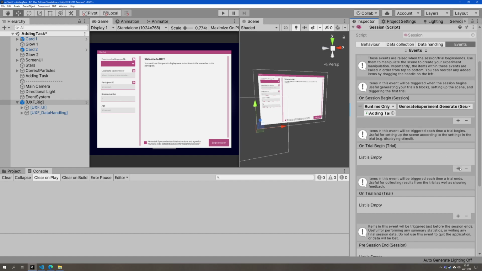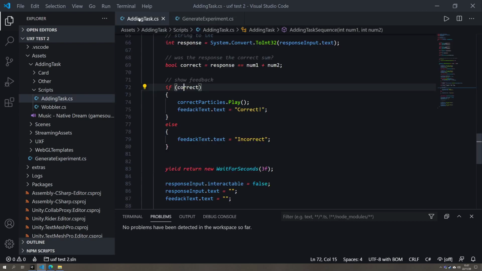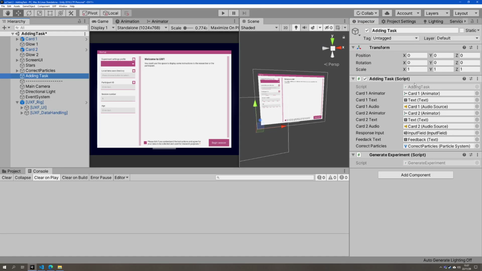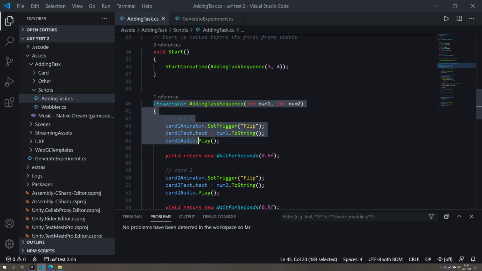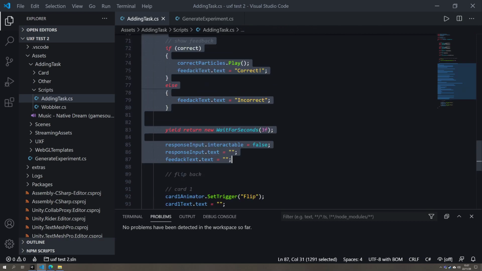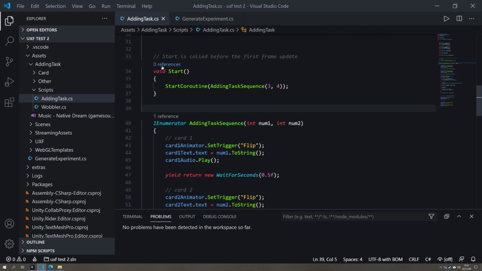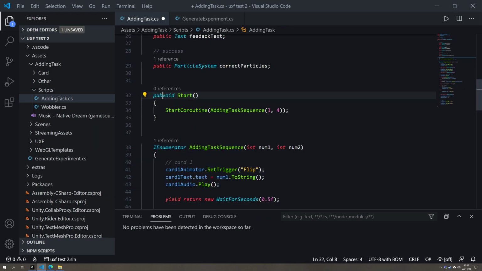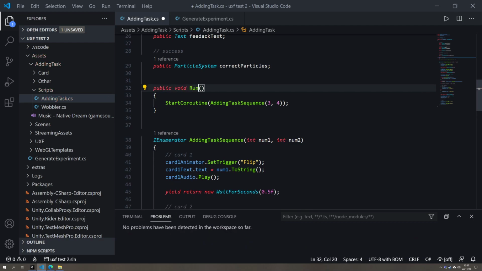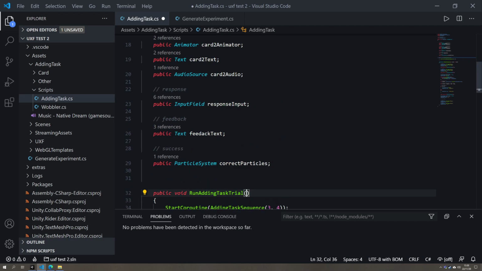And then when the trial begins, we want to actually go back to our adding task script. Remember, this is attached here. This one wants to basically run through this trial sequence here, this big sequence that we've created. So instead of it running on start, we're just going to change this to public so we can find it from the outside. Public, and run adding task trial. And again, we want the reference, but this time because it's running when the trial begins rather than the session begins,